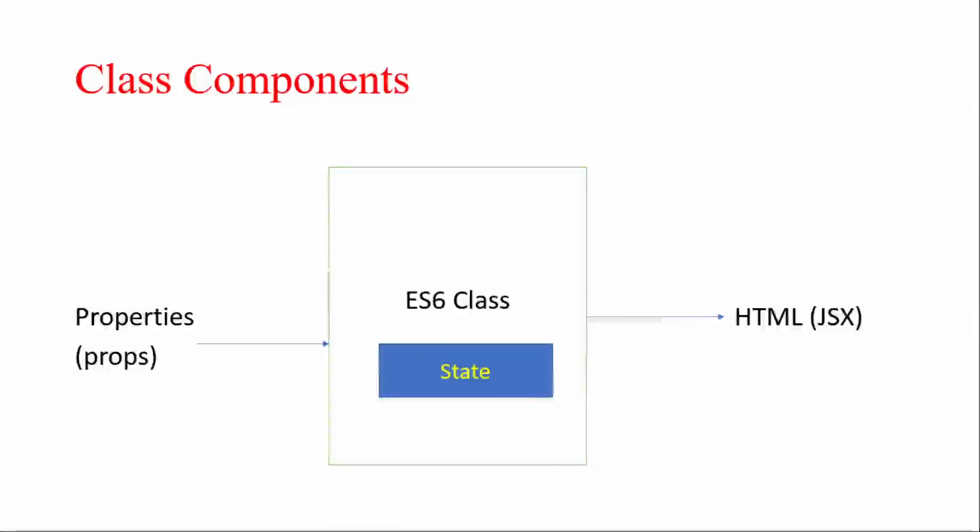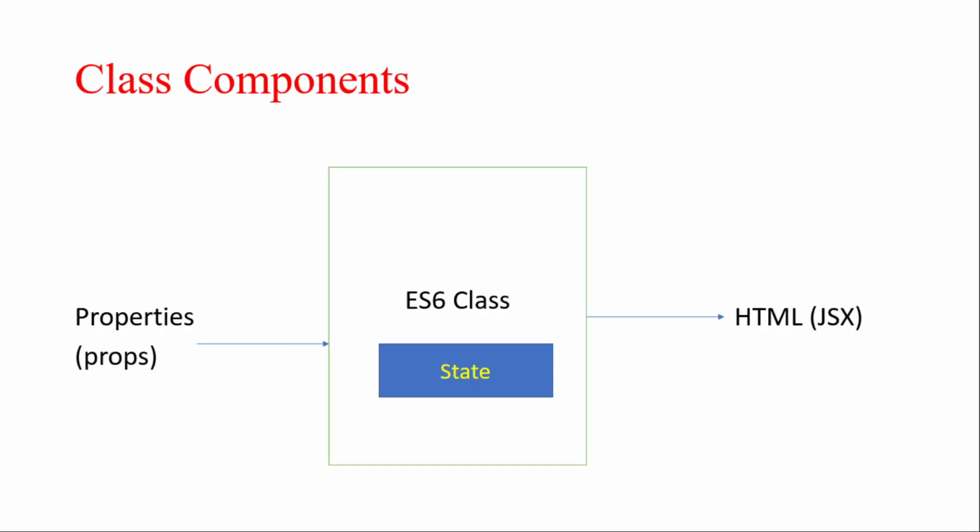In this video tutorial, let us get into the details of the class components. Class components are literally ES6 classes. Similar to the functional components, ES6 classes can optionally receive an object of properties referred to as props and return HTML. In addition to accepting an object of properties as input, ES6 classes also maintain some internal private state, meaning that ES6 classes can maintain internal private information. Some information can be maintained as private to that component.